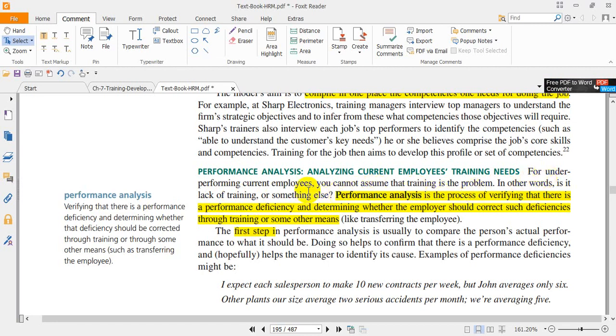For underperforming, it may be because of lack of training or something else. Performance analysis is the process of verifying that there is a performance deficiency and determining whether the employer should correct such deficiencies through training or some other means, like transferring the employee. So by this process, we can verify if the performance deficiency can be corrected by training or other